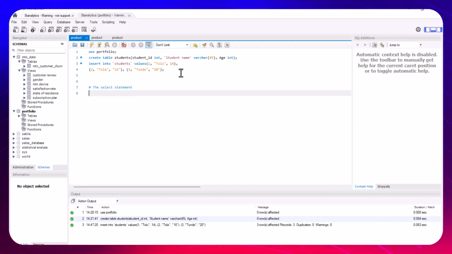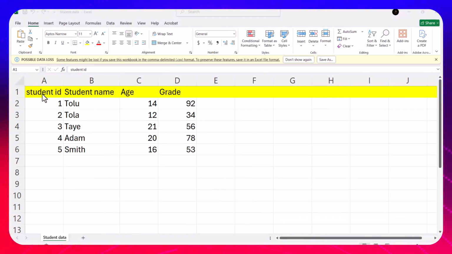So now the select statement works in two ways. It allows you to choose every single column. And what I mean by column: the student's name is a particular column. Let's go back to our Excel sheet so you can see better. This is a column, student's ID is a column, student's name is a column, age is a column,